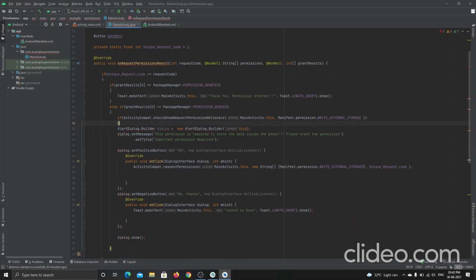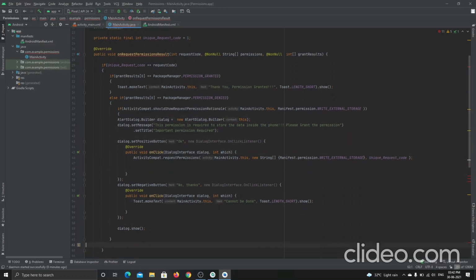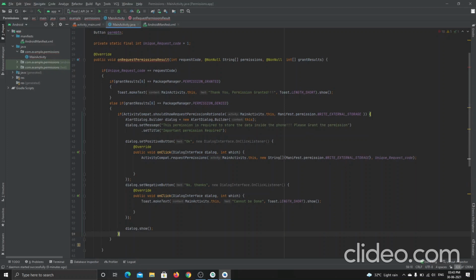And I will include this in the if alert dialog. Inside the alert dialog, I will use another condition here. Not an if condition, I will use an else condition. Let me close this. Now it's closed.